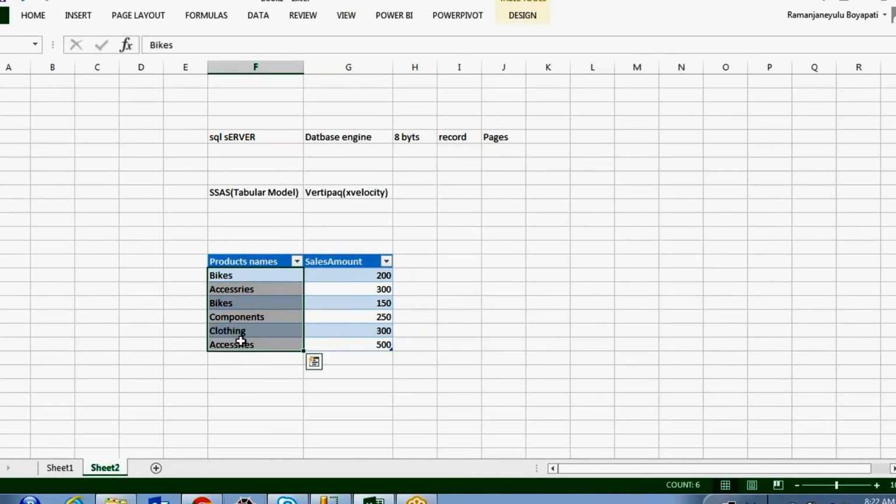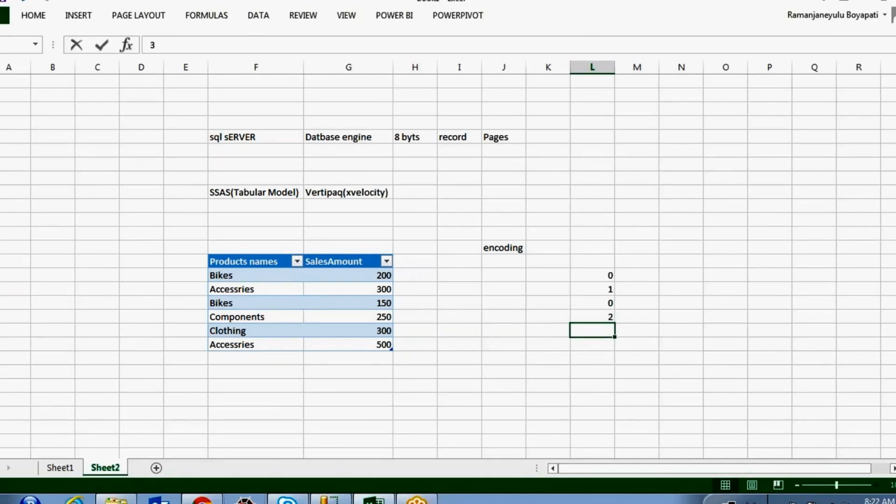Whatever products you have, how many distinct products are there? It is going to encode each value, and the encoding is done as numeric values. For example, for bikes the value it gives is 0, for accessories 1, for bikes again 0, for components 2, clothing 3, and accessories again 1.